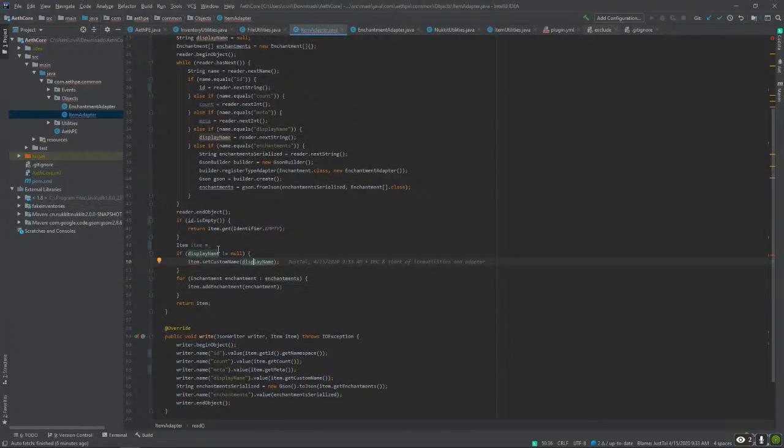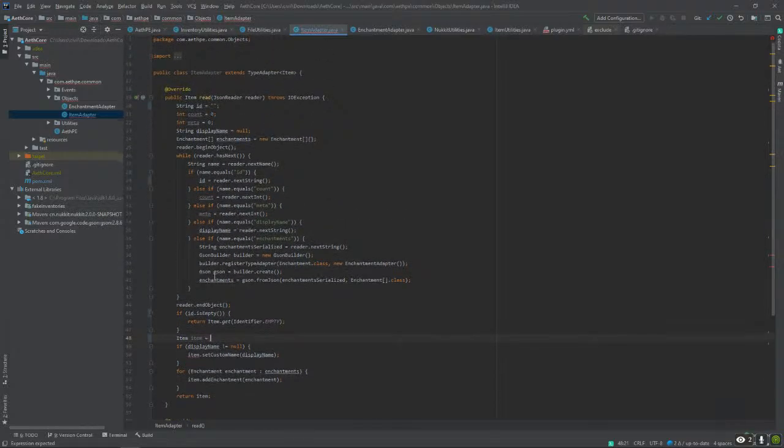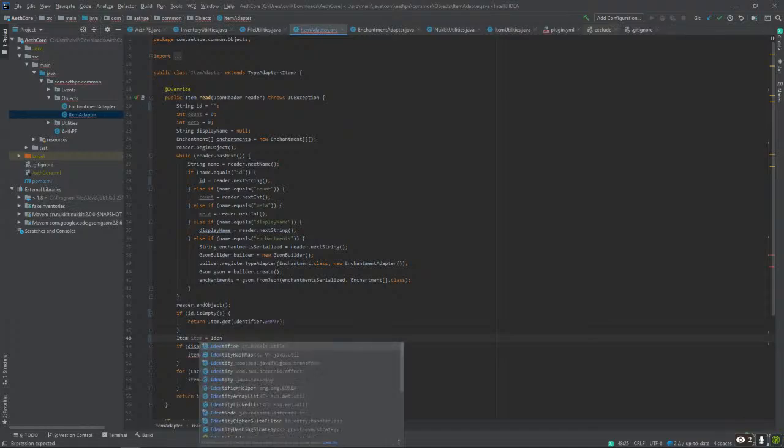Okay. I need to set the... can I do identifier dot from, yep, I can.